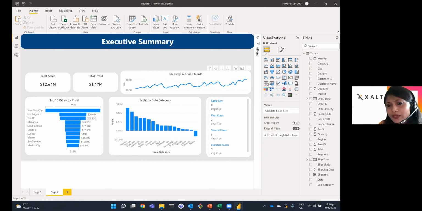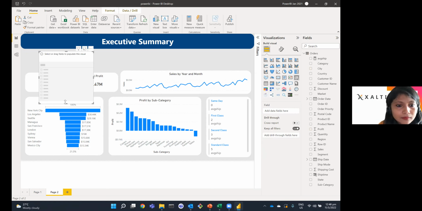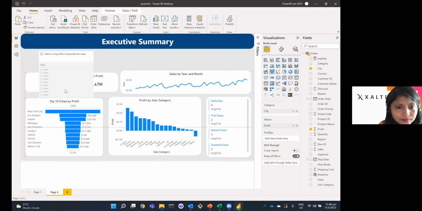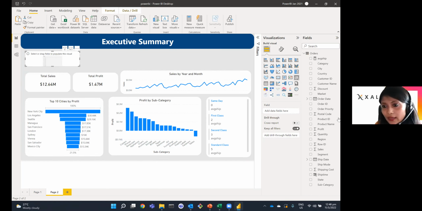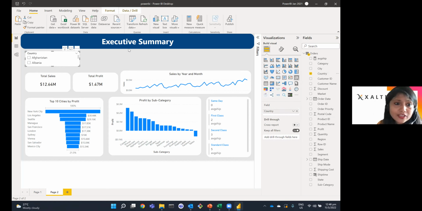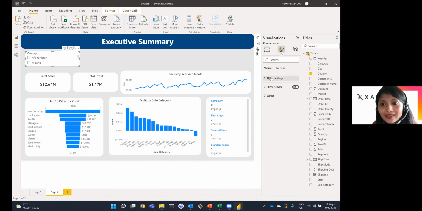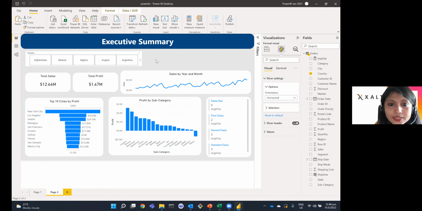So I'm going to very quickly show you that as well, where I'm going to create an interactive filter for this report. And I want the head of the retail to select this particular filter, where he can select the country and then play around with how the performance for different countries looks, and so on.